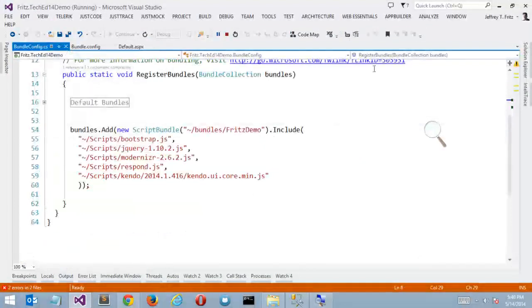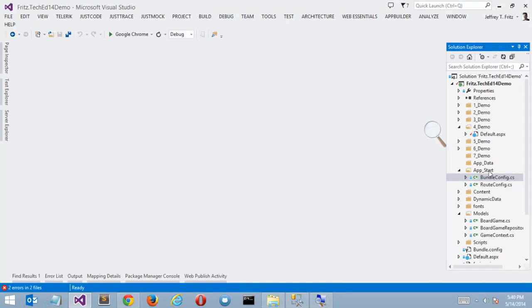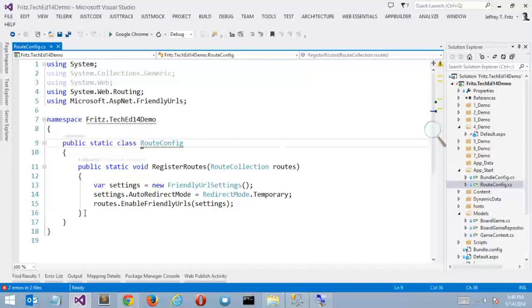So this is sitting inside of App_Start, RouteConfig. Here it is. Now there are some settings coming in here, mostly because I'm going to flip back and forth between these modes, and if I have it permanently rerouting me on stage, it's not going to show appropriately for you as I try and show turning this on and off. So you don't need to do all of this. You really just need to say routes.EnableFriendlyUrls. Now with that,